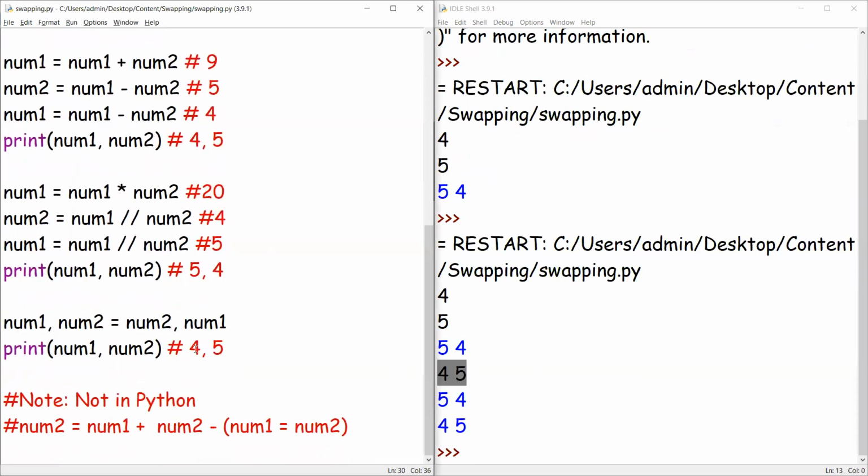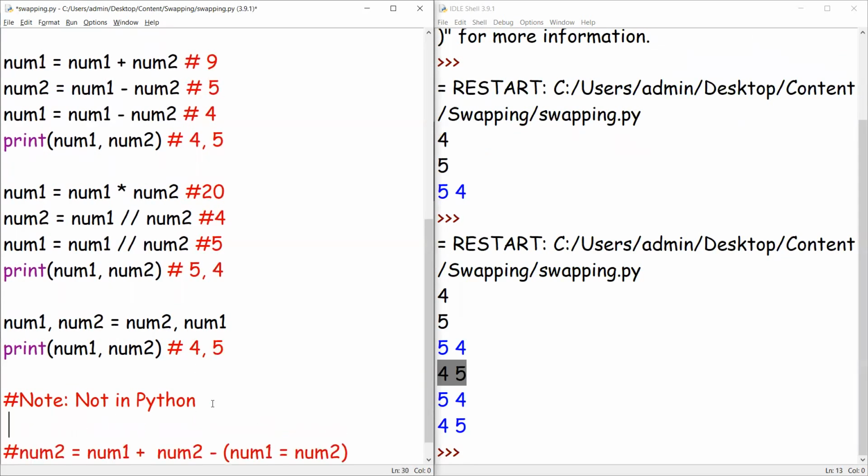For example, here num1 is the value 4 and num2 is the value 5. So what we are trying to do here is: num1 value is 4 and num2 value is 5. So 4 plus 5 is the value 9, minus you are subtracting something here. Here num2 would be assigned to the variable num1. So what is our current num2 value?